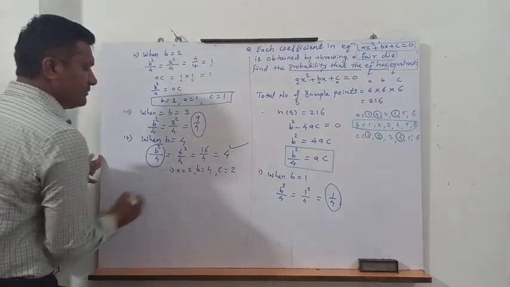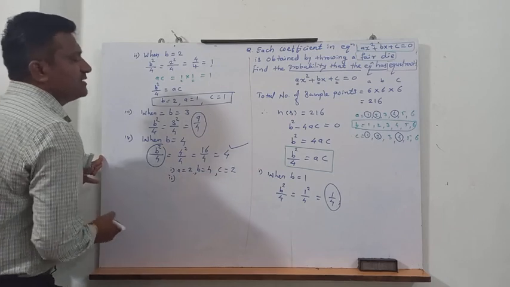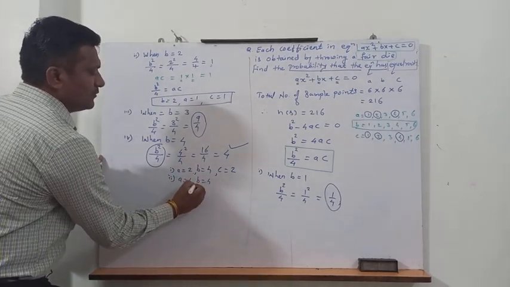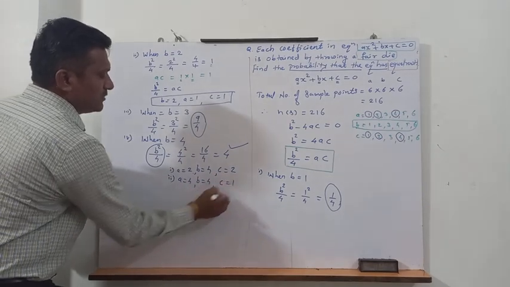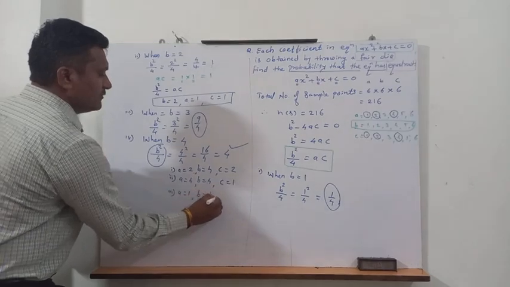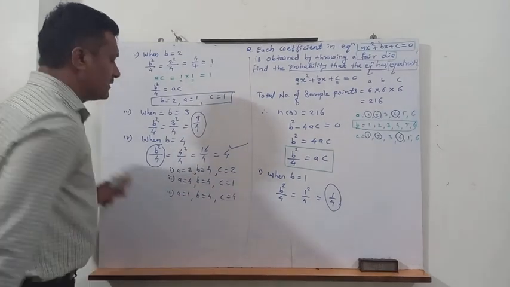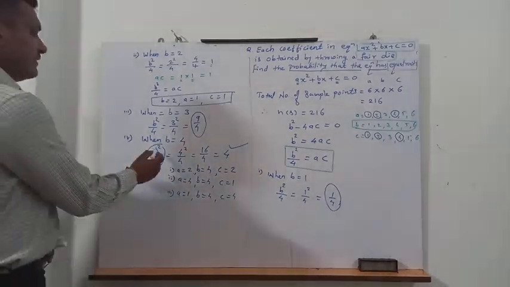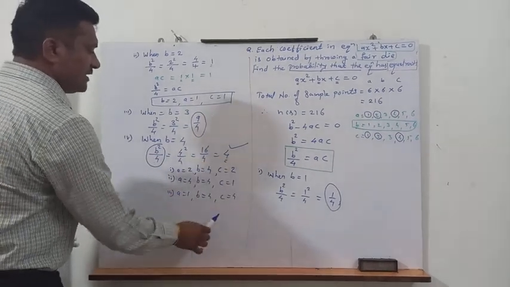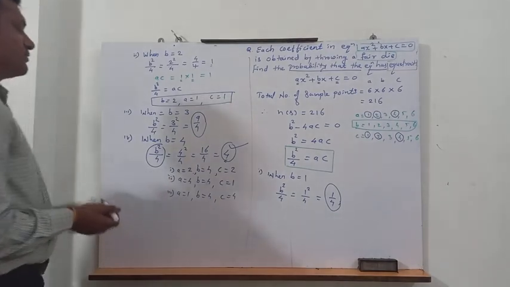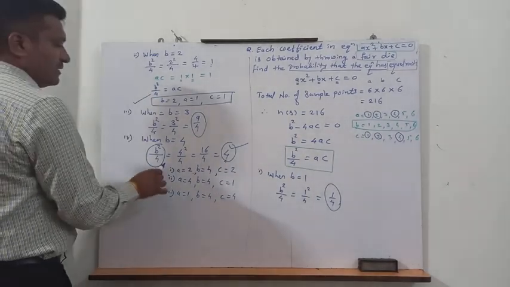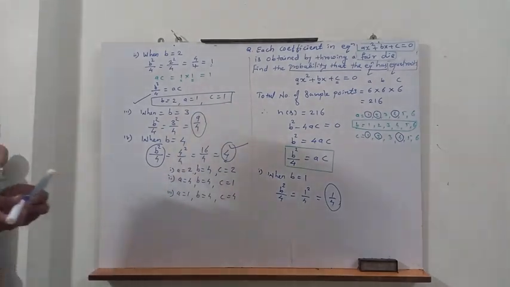तो ये हमारा पहला पॉसिबिलिटी मिल गया. सेकेंड पॉसिबिलिटी is what? A equal to 4, B equal to 4, C equal to 1. And third possibility is A equal to 1, B equal to 4, C equal to 4. Look at all of these having b square upon 4 equal to 4. So all this A into C, A into C, A into C is coming 4. So these are the 3 more possibilities we got here. यहाँ पे एक मिला, यहाँ पे हमें 3 values मिल चुकी है.